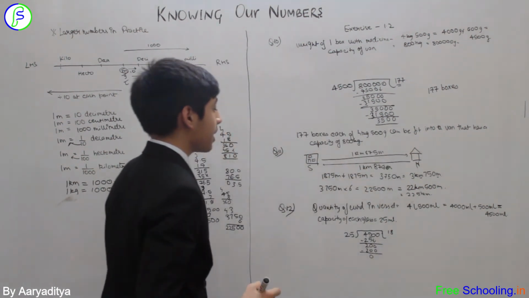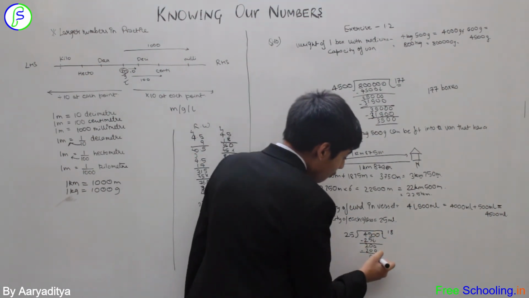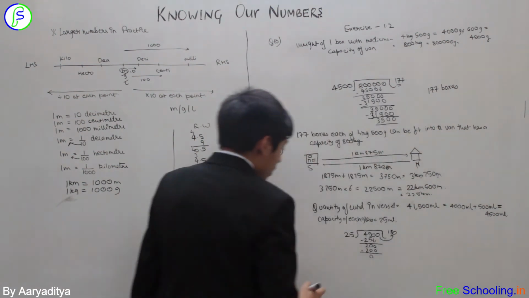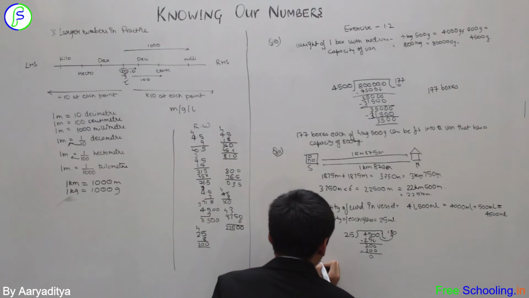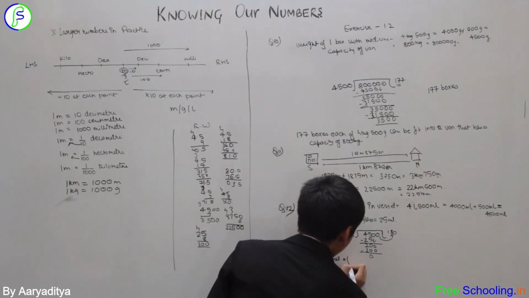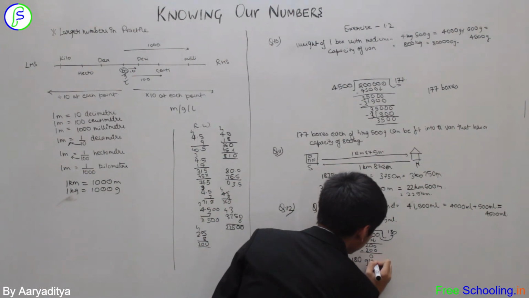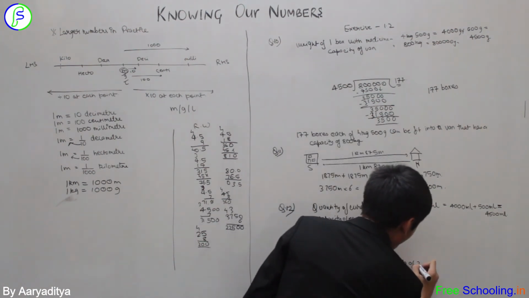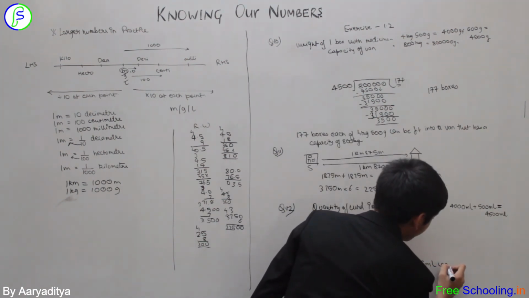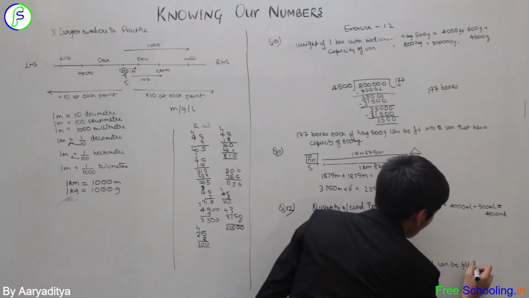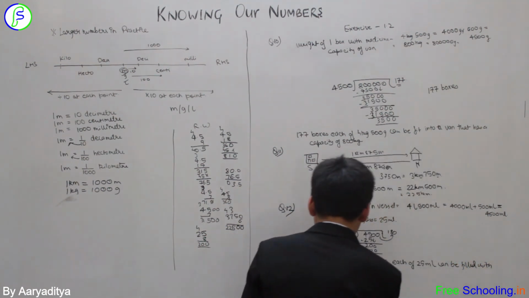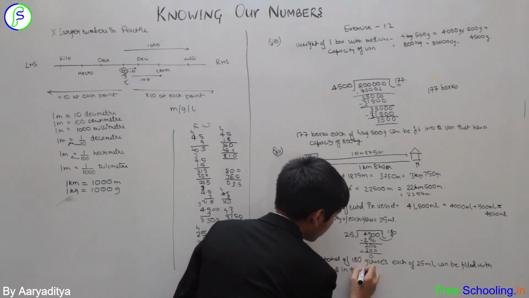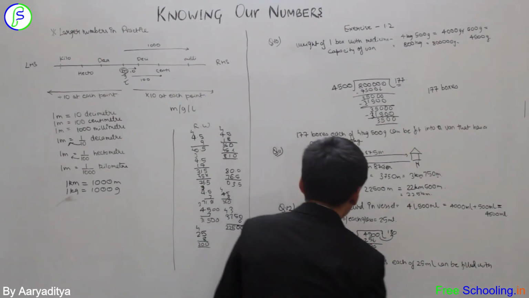And now you might be asking me what do we do with this one? So if you are left with 0, it's easy. Just take it to the question. So what will the statement be? A total of 180 glasses, each of 25 ml, can be filled with curd in the given quantity,